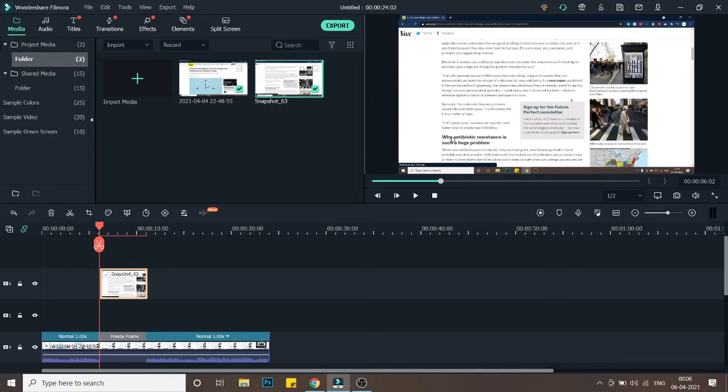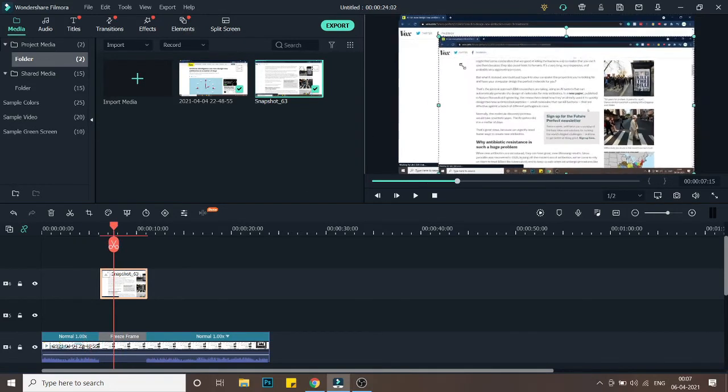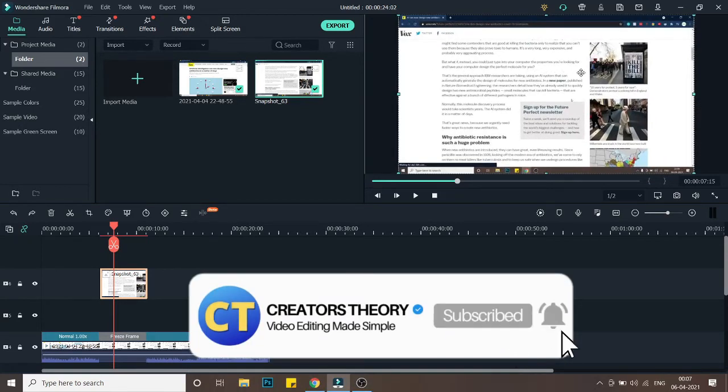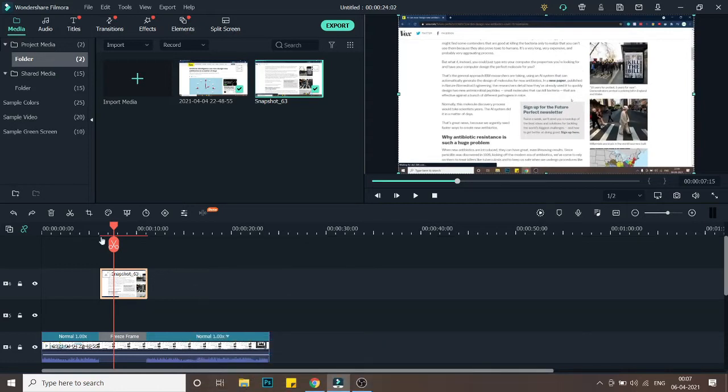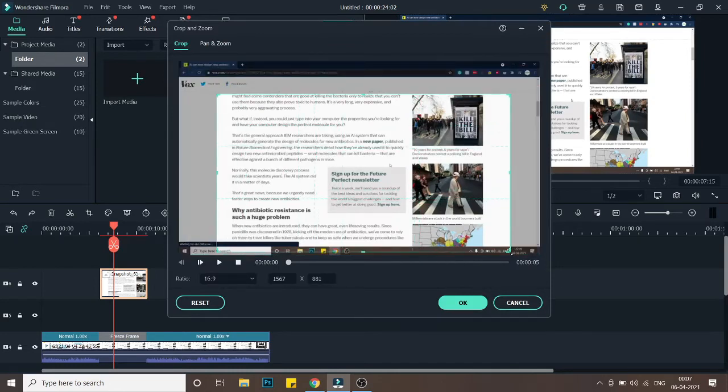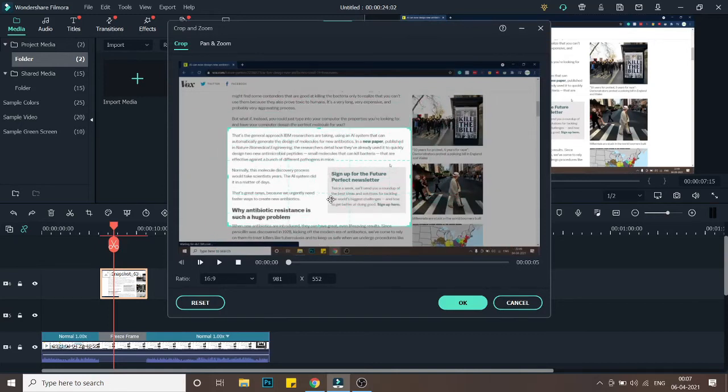The first thing we will do is cut out this. As you can see, this is a snapshot. Let me click on it, and if I drag this down, there is a video behind. What I need to do is cut the part of the article which I want to zoom in. So I will go into crop, select this snapshot, and here I will crop that part of the article which I want to zoom into. Make sure you are able to identify which part you want to add into the article.